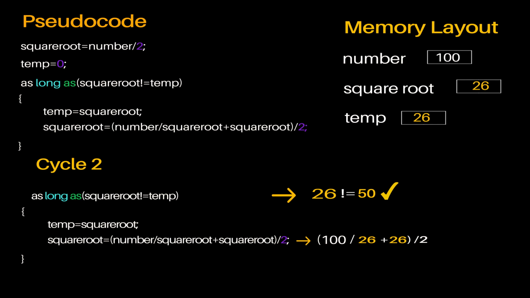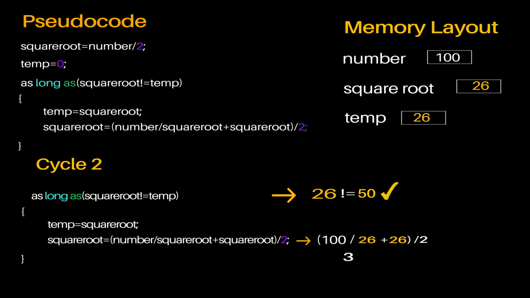What is 100 divided by 26? I would like to tell my viewers that again we are performing integer by integer. Integer by integer, the result would always be an integer. So when I perform 100 divided by 26, I would be getting the result as 3. And again here I am applying the BODMAS rule. First we should be performing within brackets, first priority should be given to division, and then the second priority would be given to addition.